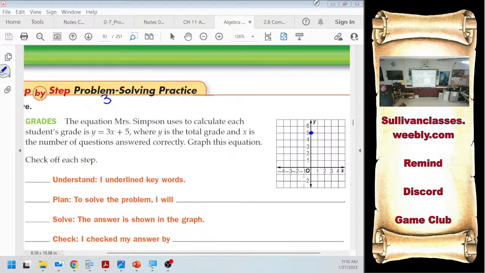This is why I want you writing this, because can you go up 3 and right 1 with that graph? You're going to be a little bit off-road. Do you have enough space to make a decent line? If I go up 3 and right 1 for this, and then I try to make a line between those two,